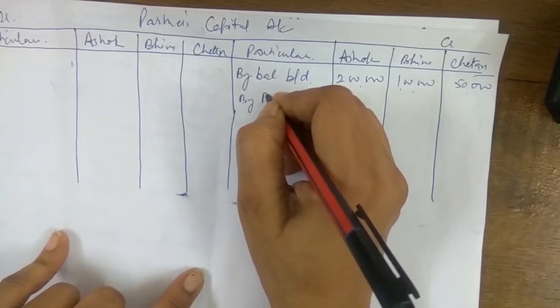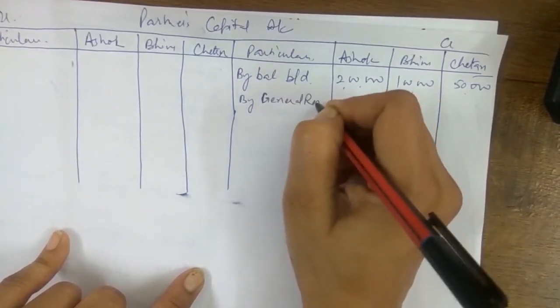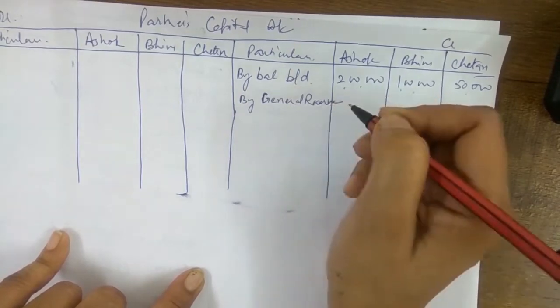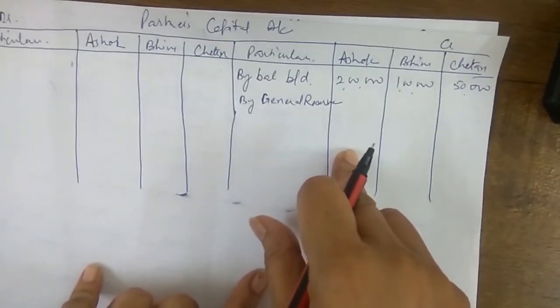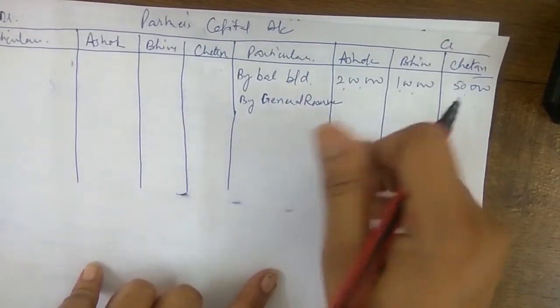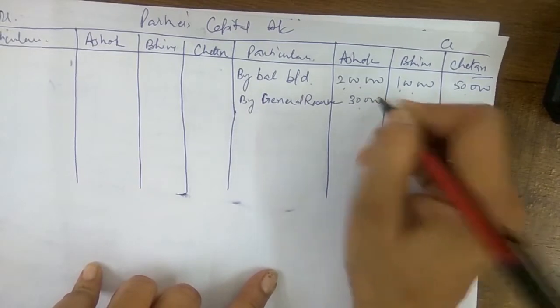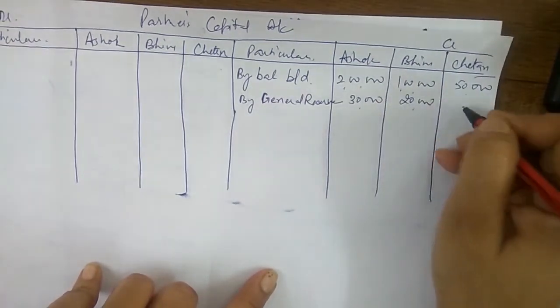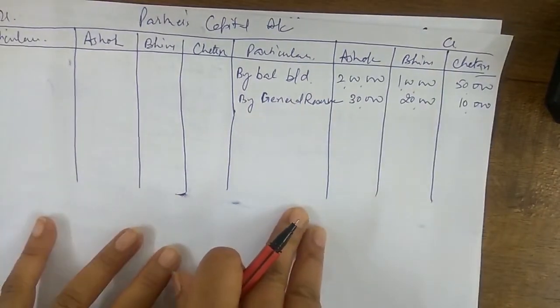Now we know one by one whatever is given. We have given value of general reserve in the balance sheet. If nothing is mentioned, the general reserve of rupees 60,000 will be divided among all the partners in the old ratio. So what is the ratio? 3:2:1. So that way it is quite simple. 30,000, 20,000, 10,000 will be divided among three partners.